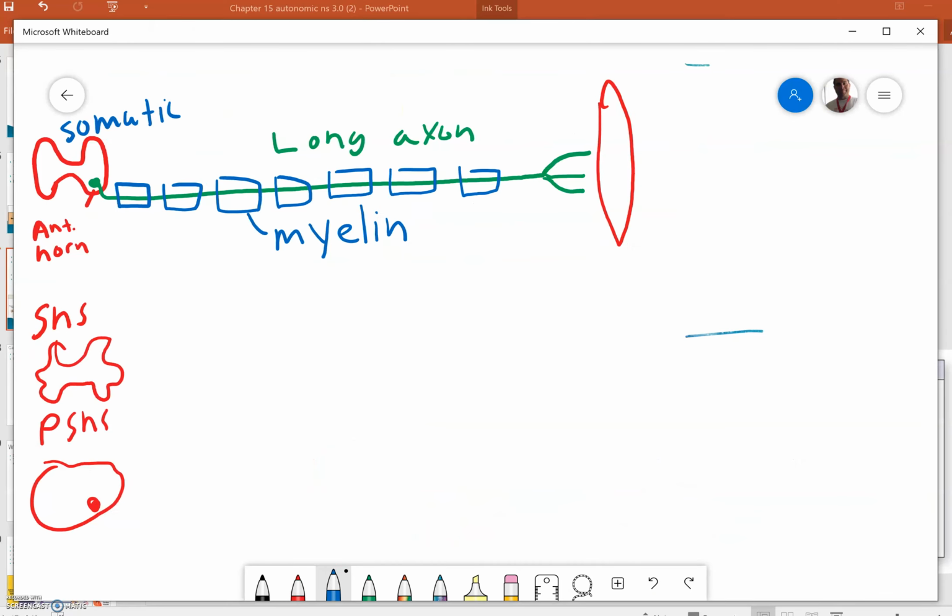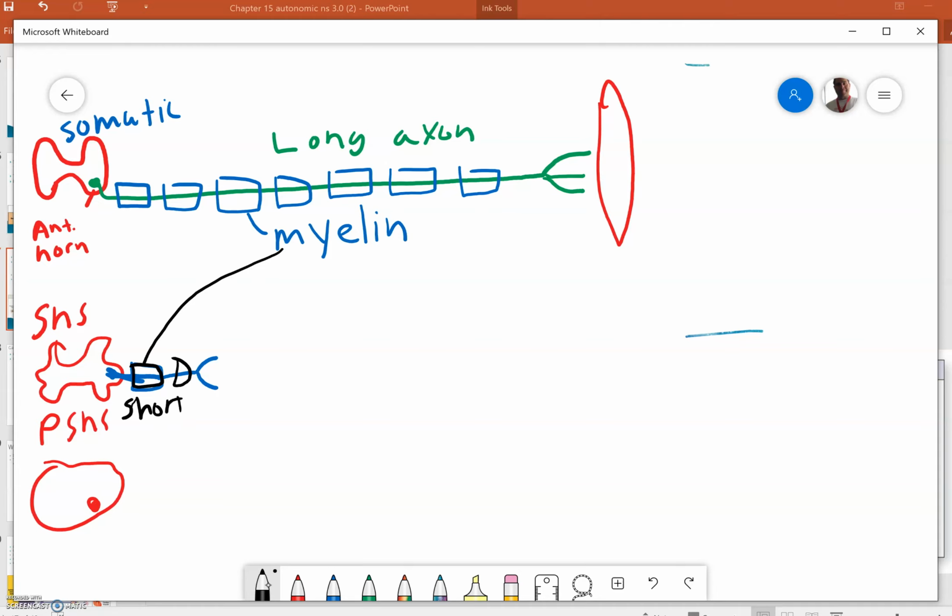So, in both the sympathetic and parasympathetic nervous systems, an axon is going to leave the central nervous system. So here's a picture of the spinal cord. Here's our lateral horn. And this axon is going to leave it and is not going to go very far till it junctions at a ganglia. Now, like the somatic motor nervous system, this axon will be myelinated. So there is the myelin right there. Now notice, it's a very short